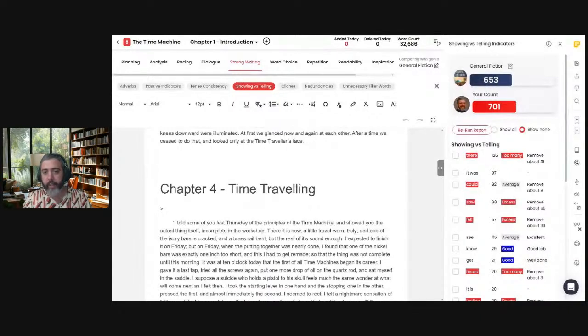We have a question: can you format your manuscript for self-publishing in e-format or paperback? Yes, yes you can. You can format for e-publishing. Print formatting is in the works. Like I said, we want to be the one-stop shop.